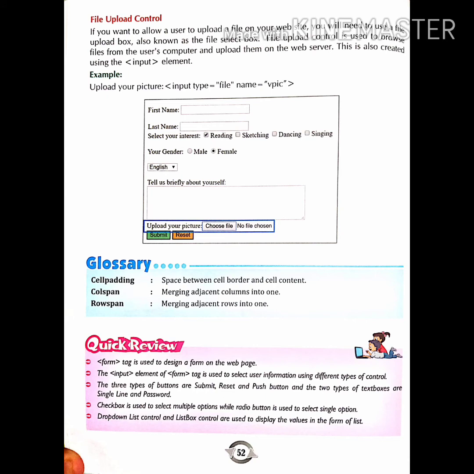All right students, one thing that I want to say is that you have to perform all the boxed content. That means all the HTML programs that are given inside the box from page number 40 till the end of the chapter, you have to perform in Notepad and see the output of these programs. It is your responsibility to see how these outputs are coming.